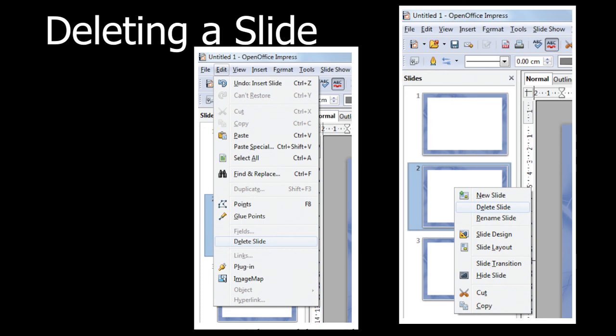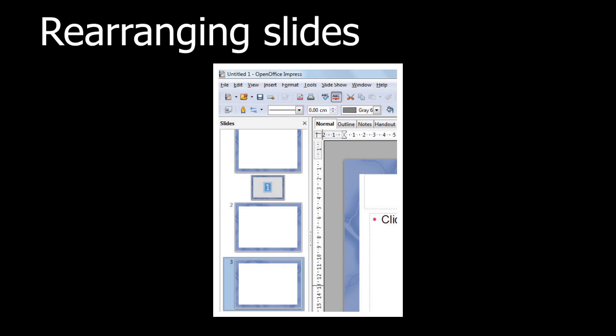And the next one is about rearranging slides. Okay, if you want to rearrange the slides, you have to follow some procedure, right? First you have to select the slide that you want to rearrange. Then you can drag that slide to the place where you want to keep it, right? How will you drag it? I have said it already. You can click the mouse left button and move the slide to a new location, right? And once you have moved that slide to the desired location, you can release the mouse left button, right?